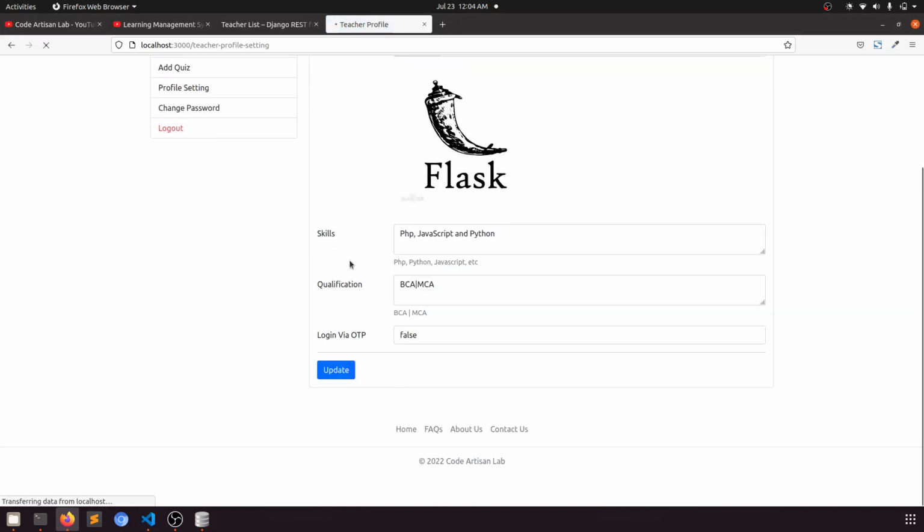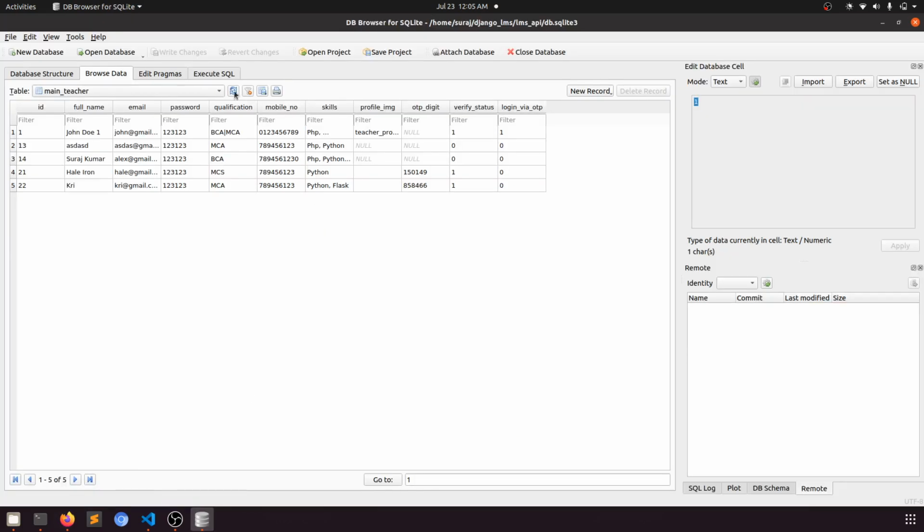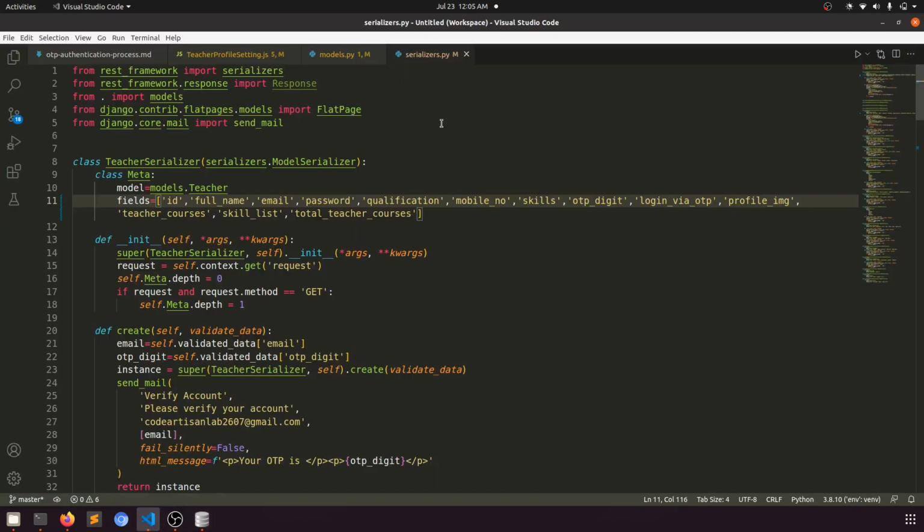Okay, so this is now saying false. So what we need to do, I will say 1. So let's say update, so data has been updated. Let's see in the database. Here you can see that login via OTP is now 1. So for the login,